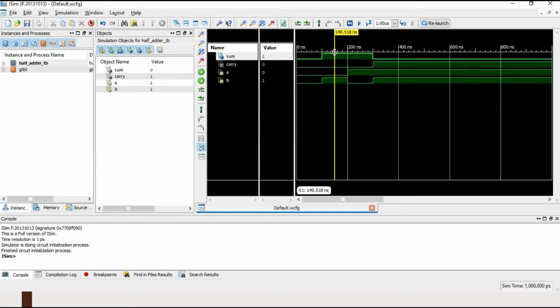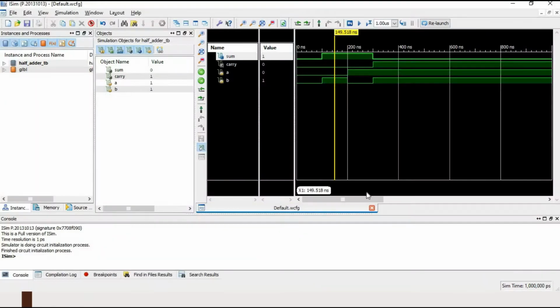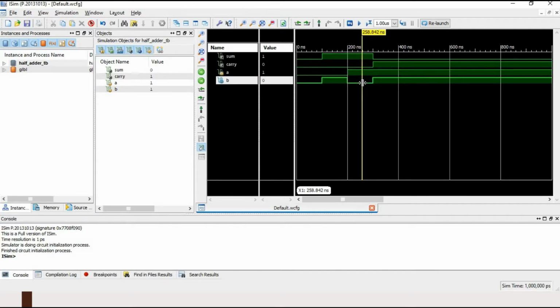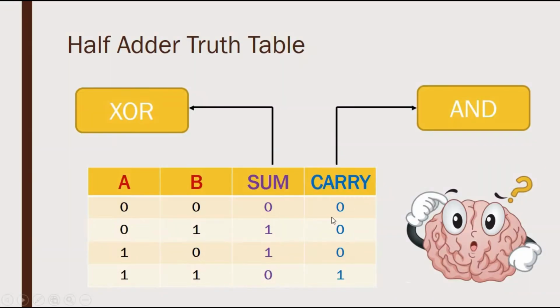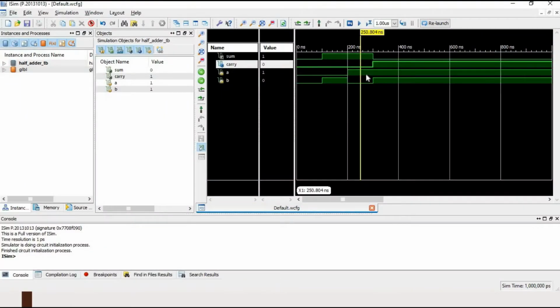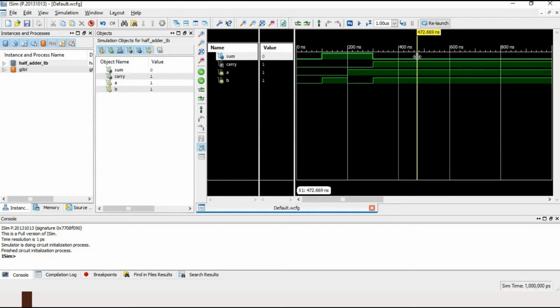When our inputs are 1 0, again sum is 1 and carry is 0. When our both inputs are 1 1, sum is 0 and carry is 1. When our both inputs are 1 and 1, our carry is 1 and our sum is 0, means our logic is 100% right.